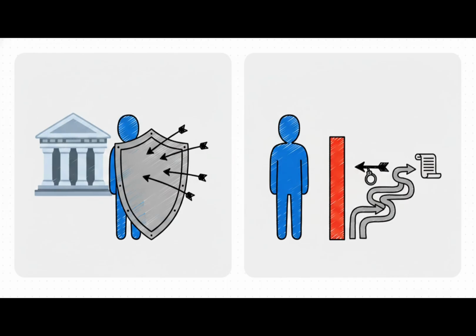The Constitution draws a very bright line. For their official duties, their protection is pretty much absolute. But when it comes to personal acts, things they do as a private citizen, well, that's a whole different story. They're still safe from criminal cases while in office, but civil cases can be brought against them.